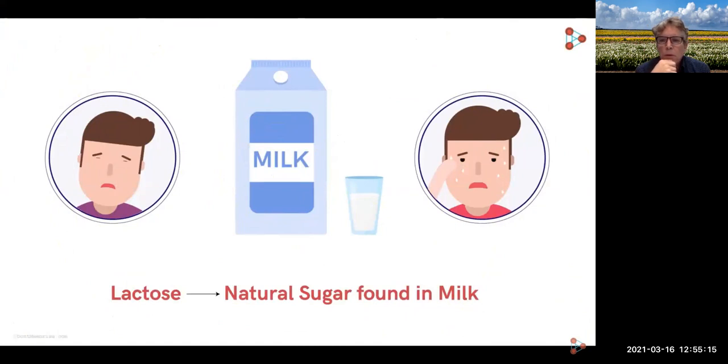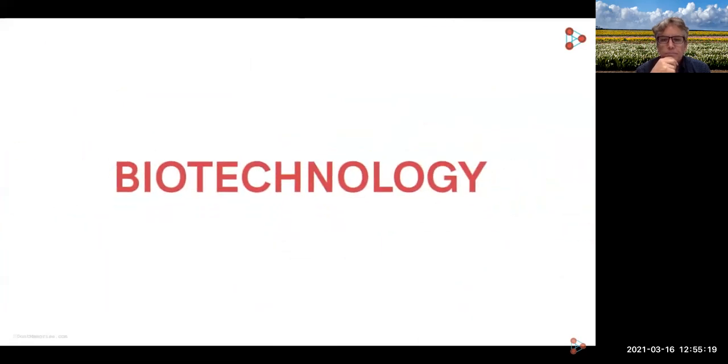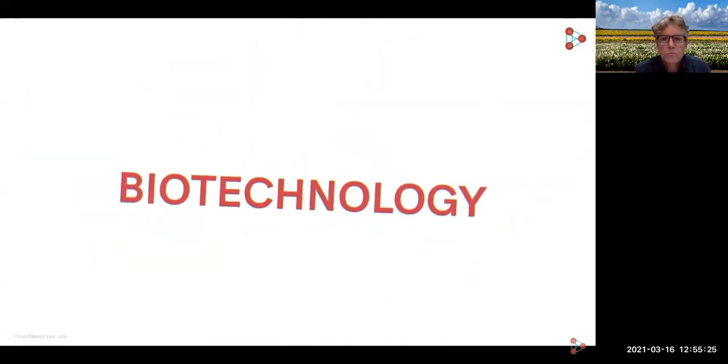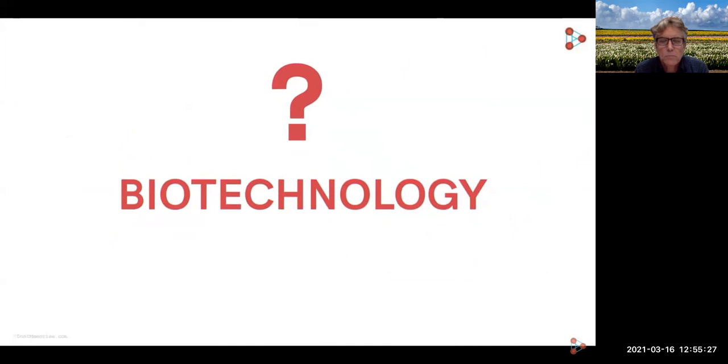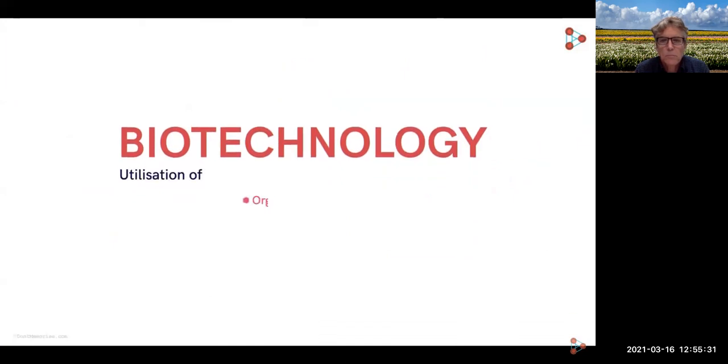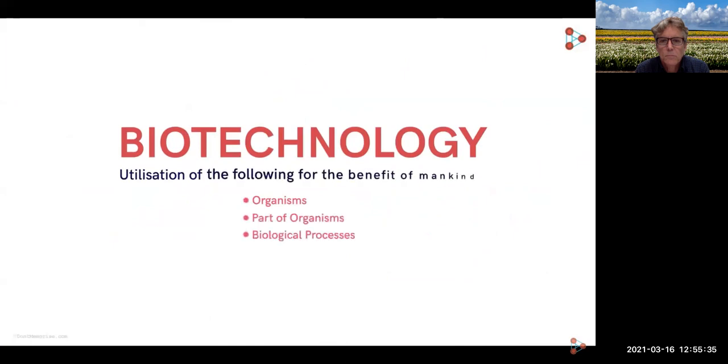It's all possible now due to the advancements in the field of biotechnology that useful products like lactose-free consumables and many more can be produced. So what exactly is biotechnology? Well, it's defined as the utilization of organisms or a part of the organism or any biological process for the benefit of mankind. For example,